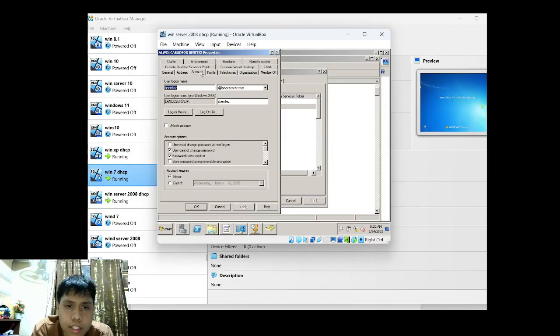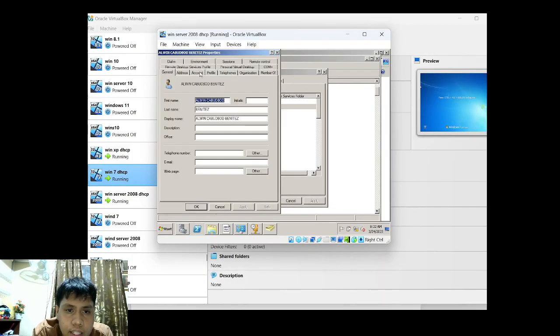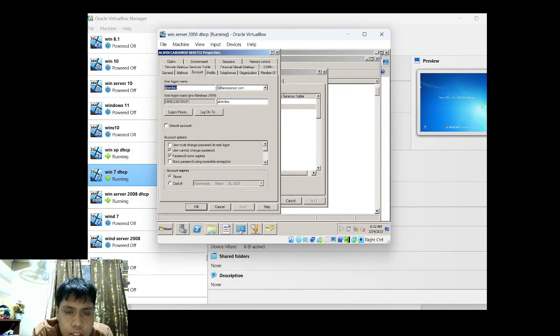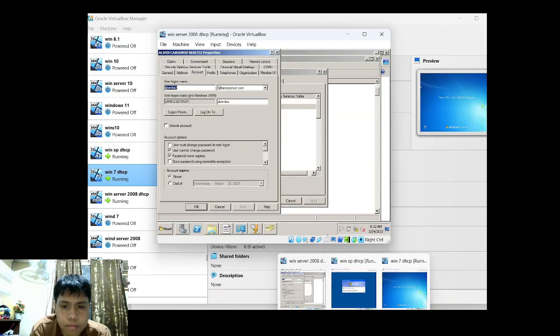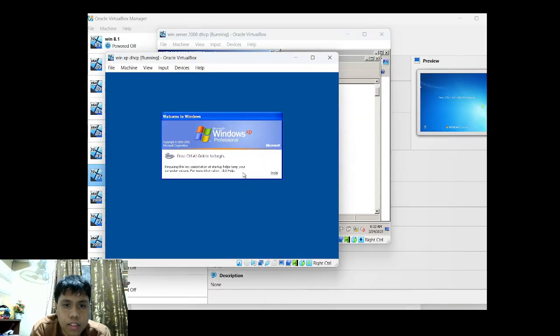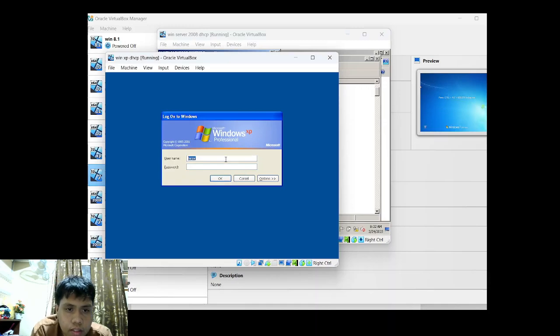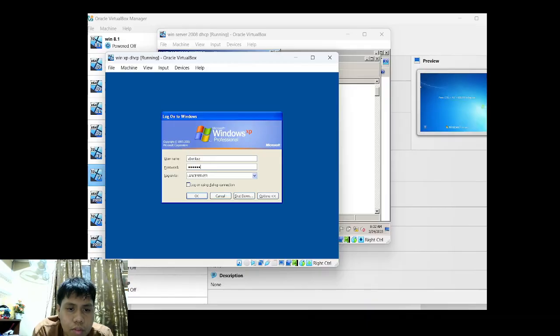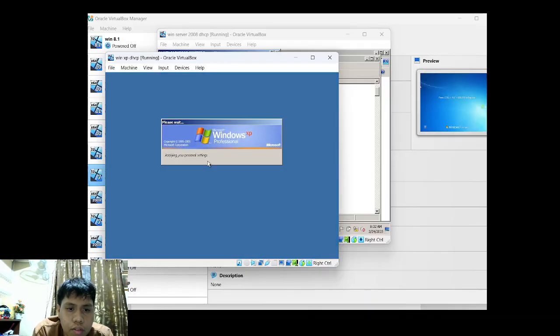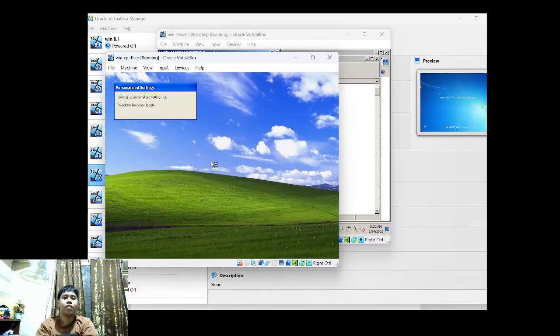You just need here this, the Benitez, like that. Then we try server Benitez. Then the password is student1234. Then okay. Then now you can log in.